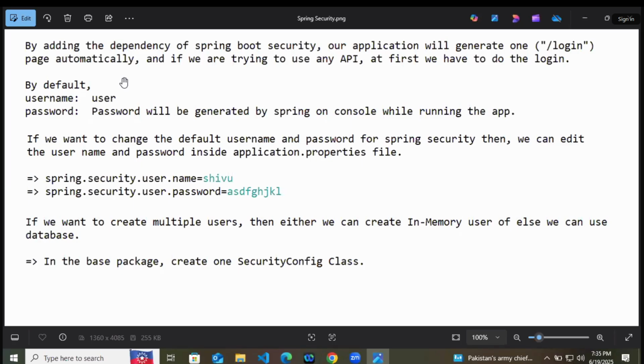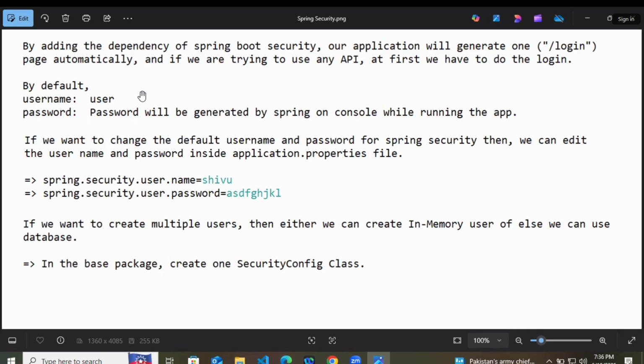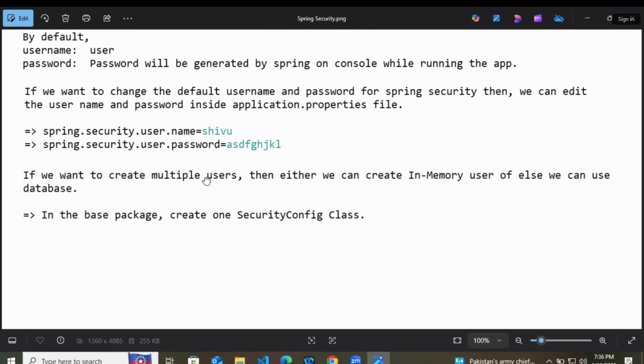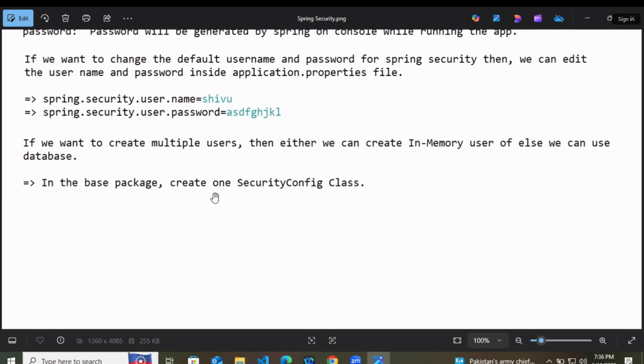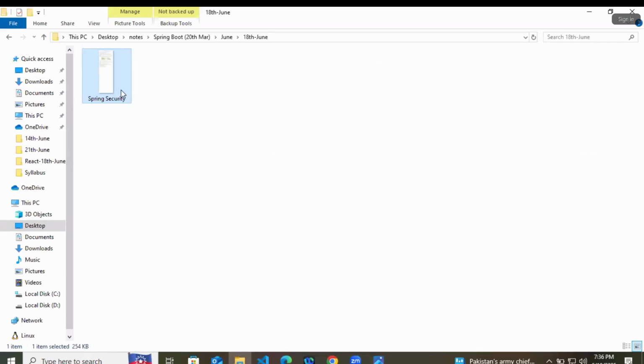If you want to change it and make a simple user, meaning there is only one developer in your organization and only that one developer is going to use the app, you can define it in application.properties like this, username and password. So this was the case where we left our class yesterday.